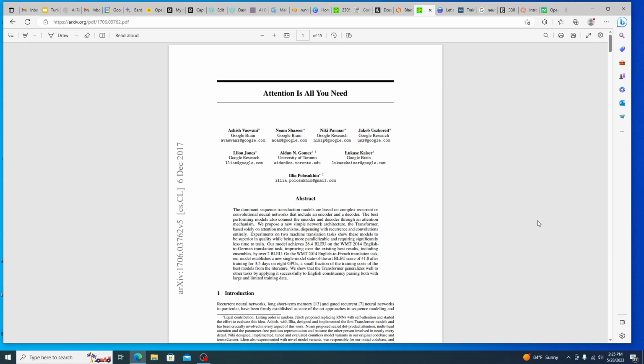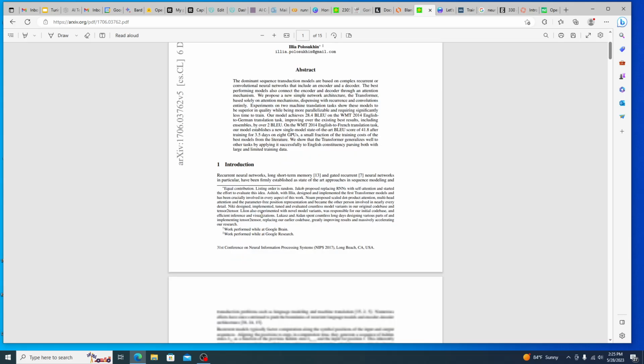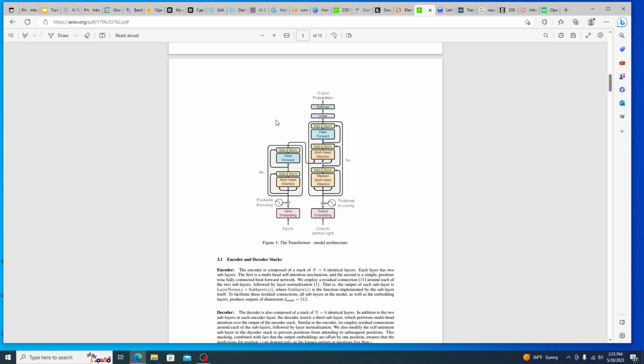Attention is All You Need was released by Google at the very end of 2017, and in 2018 OpenAI started developing ChatGPT. The major breakthrough of the paper is that it was the birth of the transformer model, which is all throughout large language models and anything to do with deep learning and AI algorithms now. Post 2017 or 2018, they're all based off of a transformer algorithm, which is essentially passing